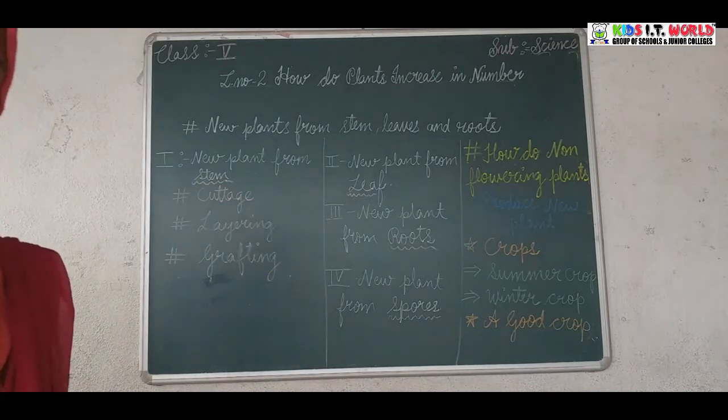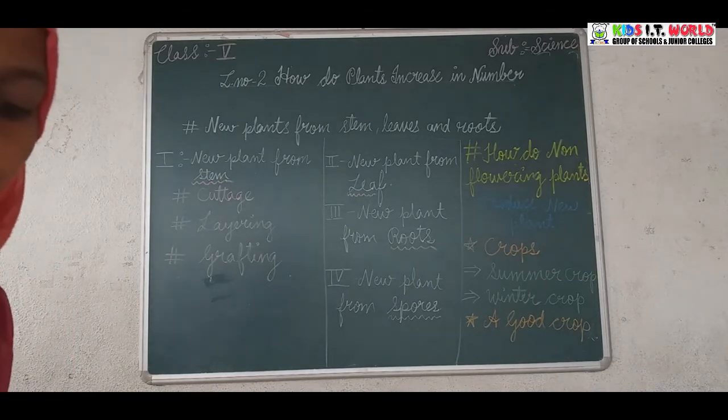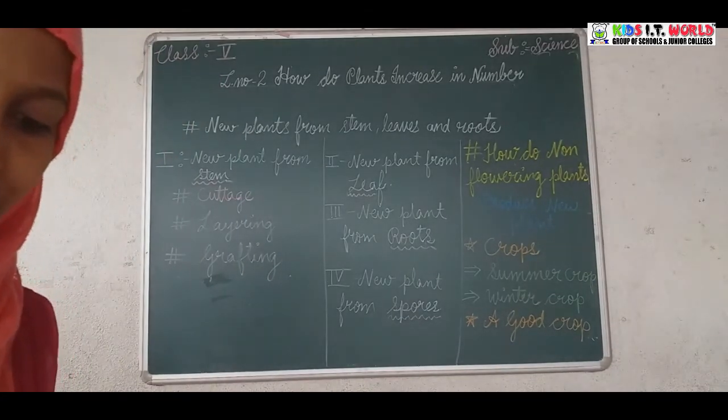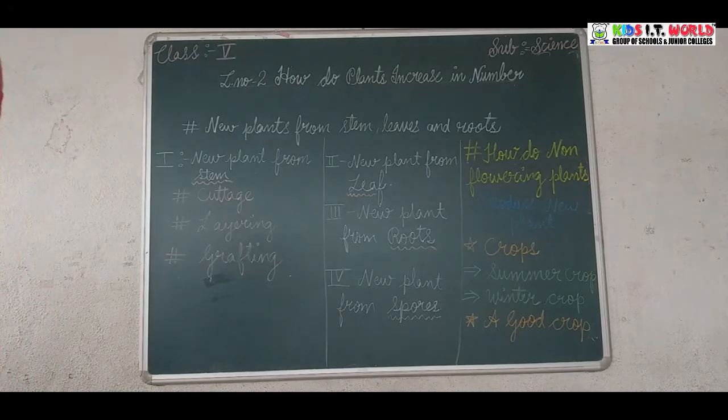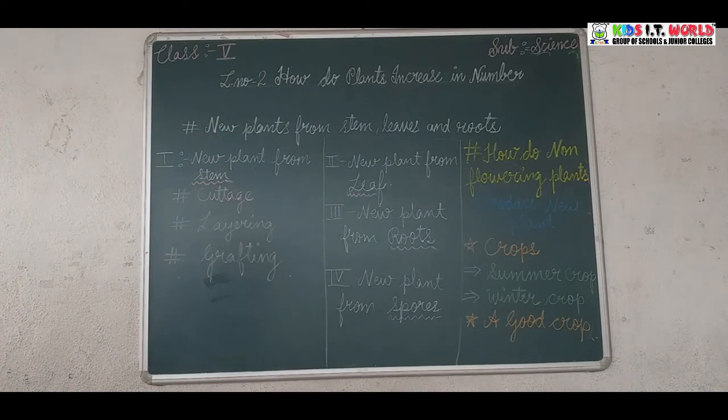In some plants, flowers do not produce fruits or seeds. In such plants, new plants are produced from the roots, stems, leaves and buds. First point is new plants from stem. Potato and ginger are underground stems. Have you seen a small shoot-like structure emerging from a potato or a ginger kept in your kitchen? Can this grow into a new plant? Yes, they do grow into a new plant.